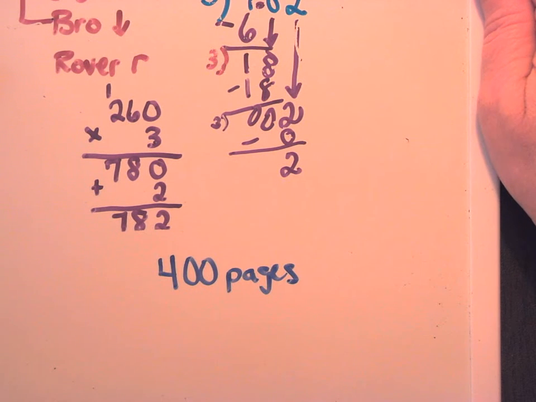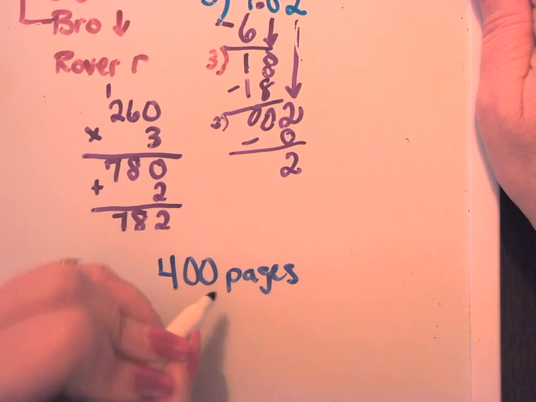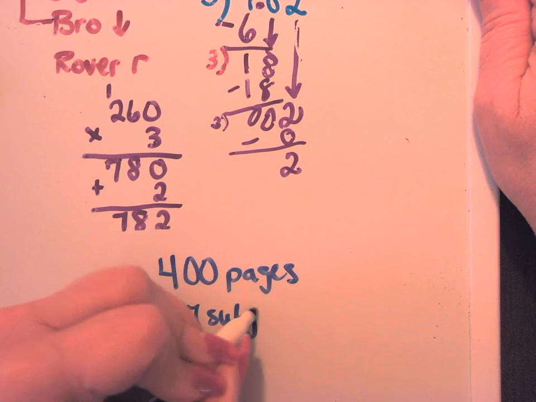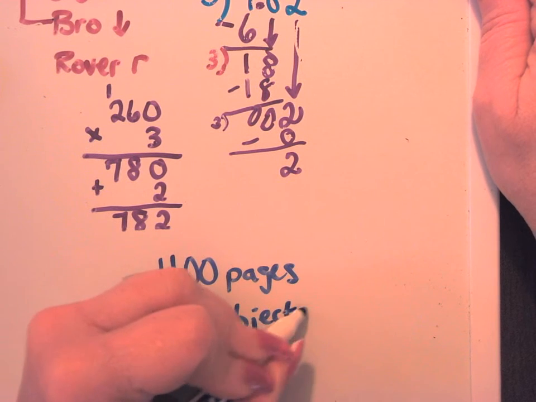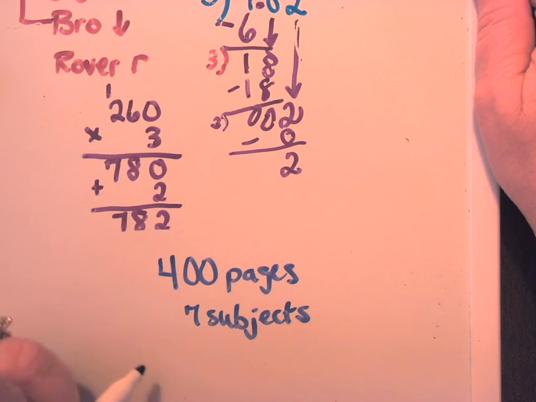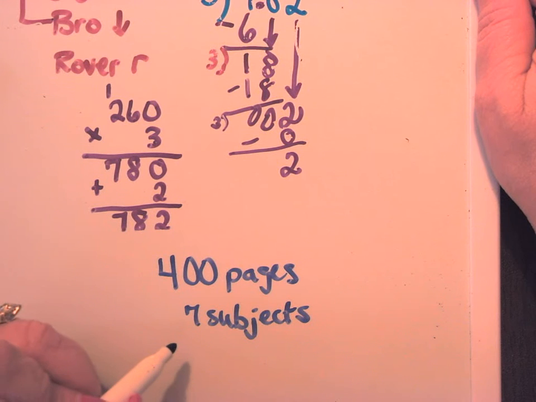All right, and you have 7 subjects that you want to divide that into. And you want to have the same amount of pages, or almost the same amount of pages per subject. About how many pages would each subject have? So if we're looking at about how many pages would each subject have,